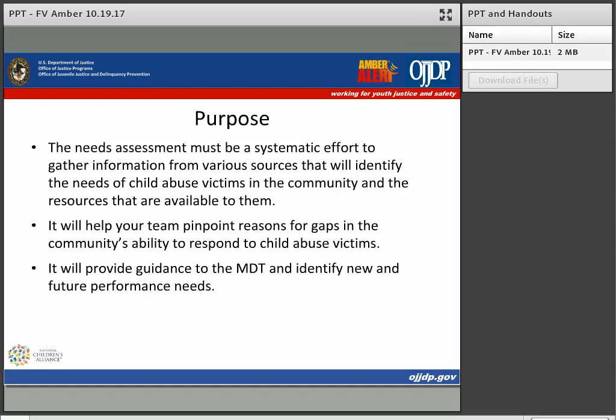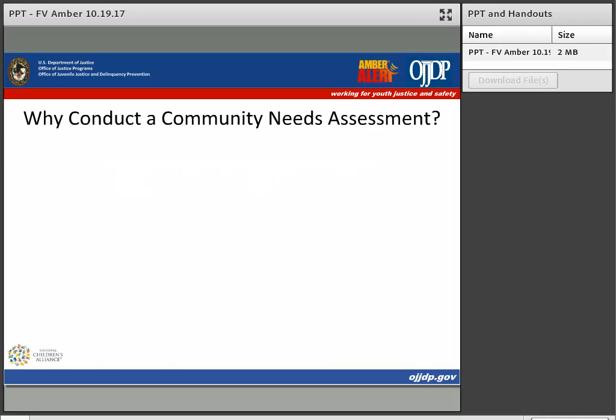I think even more important is that it will help us pinpoint the reasons that we're there. It'll find those gaps in the system, which may differ from tribe to tribe, and it will help your MDT look at new needs for the future so that you can stay ahead of problems